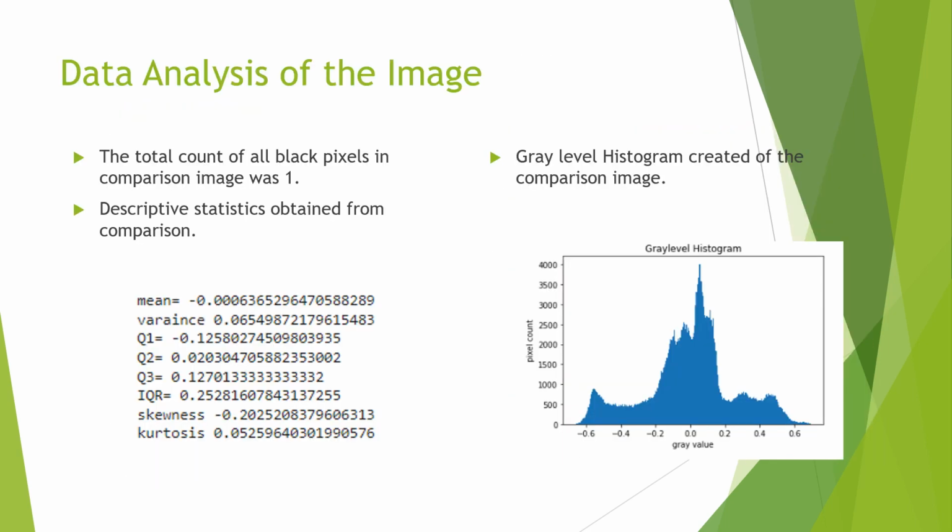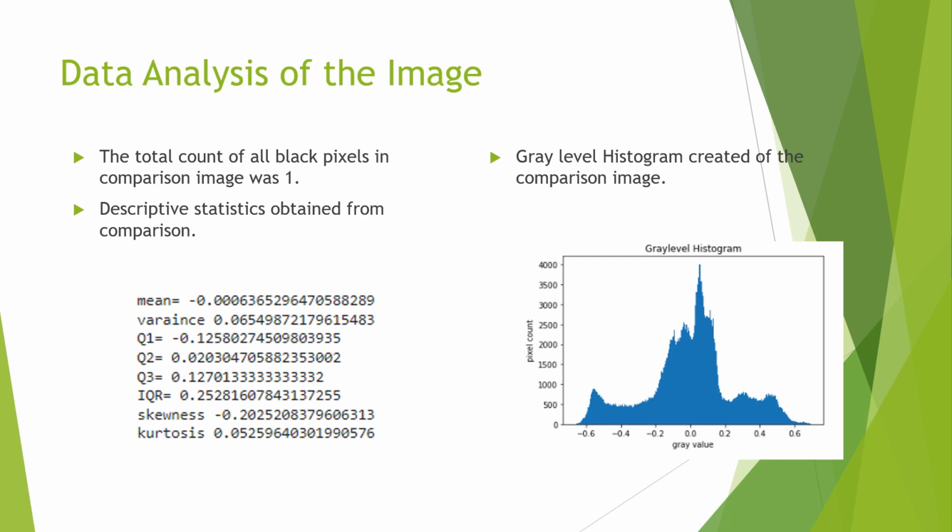Now, since these images are inside Python or inside Colab, basically we're able to do a lot of other things more than just looking at the image and comparing the image. It takes that image and breaks it up into a bunch of matrices. And from that, you're able to obtain a lot of information. One of them is you're able to obtain how many black pixels were in the picture. I ran a couple different codes, and the total number of black pixels that ever came back per the